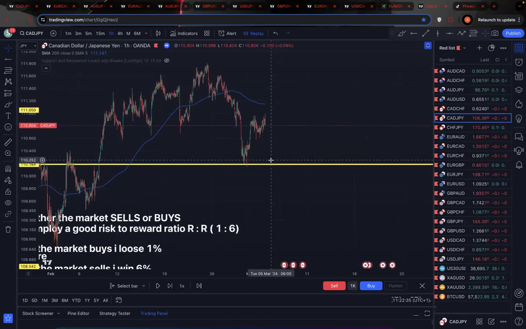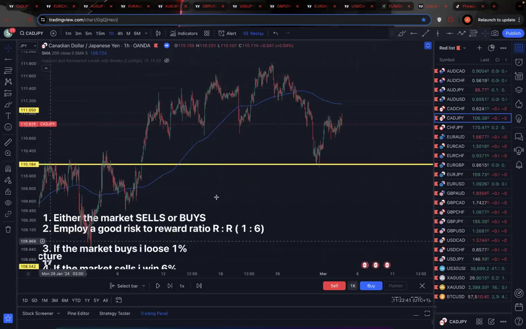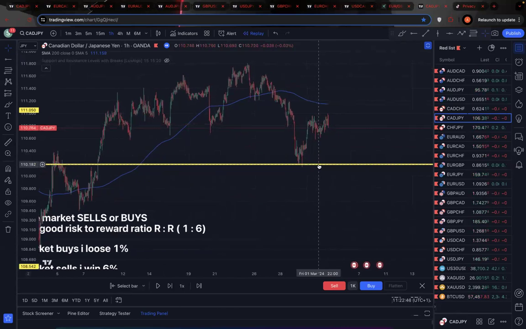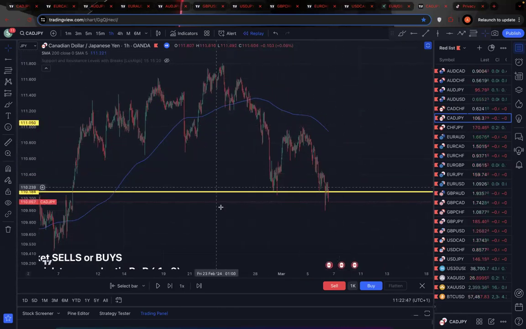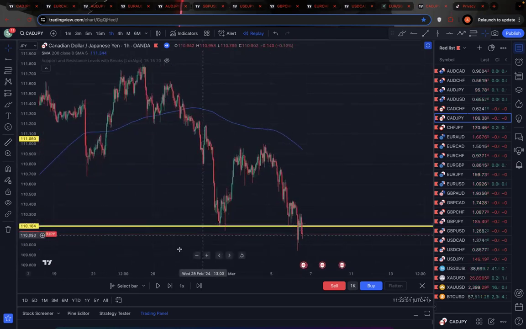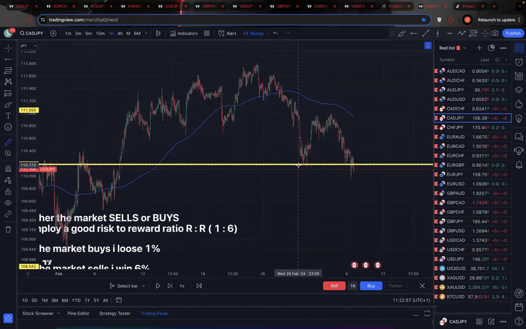Do you see? What did the market do when it got here? It respected it again, right? This was a resistance before. It respected it now as a support. You see it respected it again before it finally broke. So if you were targeting the same point when the market came here again and you took it for a buy, the same 1:6,